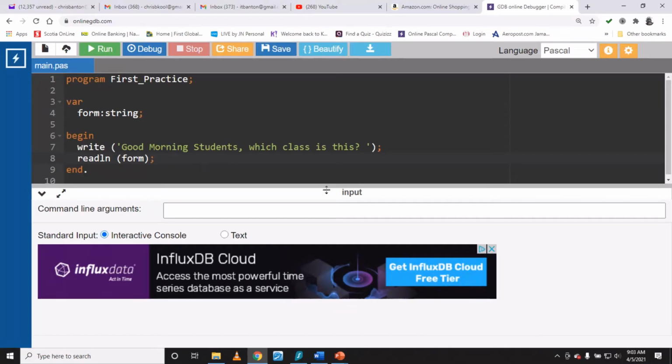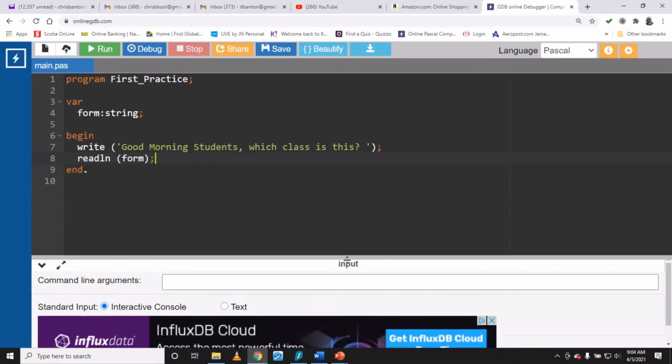Okay, now students, we're going to pick up exactly where we left off from the very first video we did in Pascal. We're still calling this first practice, and we were saying form is a string. And we had var, which basically was stating variables, and we're not so much dealing with declaring variables right at this moment. We'll soon deal with that, but I want to make sure we're comfortable with this first. If you notice, we were looking at outputting data to the computer screen because that's important when you're writing